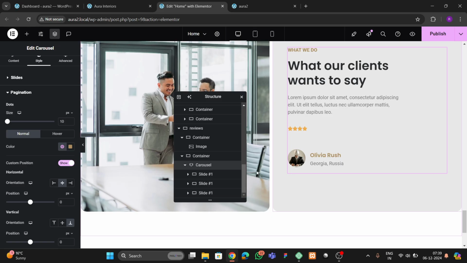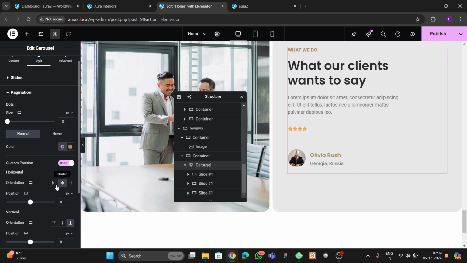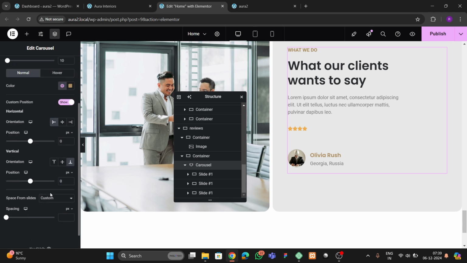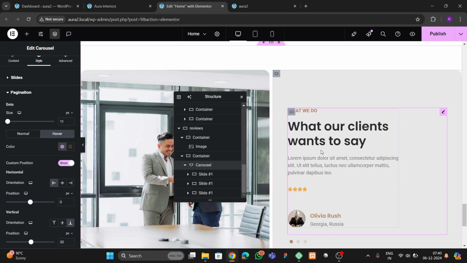Okay, I don't know why it is not showing here. Let me click this horizontal position, and from the vertical position we can click 26 or so. Now it is shown. Actually it was hidden, I think, behind. Okay, so something like that. We can also increase this, but I'm gonna keep this something 11. And for the hover effect we can make this like this, so when someone hovers we have this color. Okay, so let's publish,